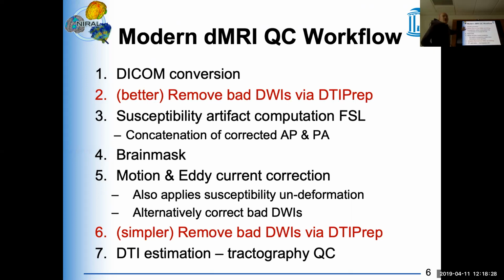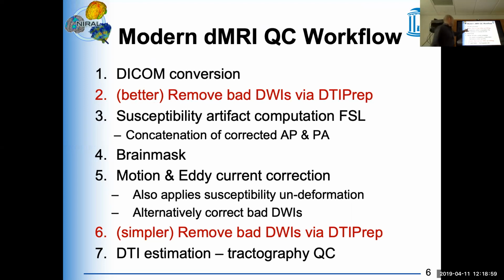Well, first is DICOM conversion. That's always the case, and I'll have a slide on that. And then usually it would be best to first go and throw out the bad stuff. So the best practice would actually be to run DTIPrep, get the stuff that's really bad, and throw it out. So you could run DTIPrep with a more conservative threshold on all these things, so that you say, well, maybe I'm going to interpolate later something with FSL, but only the stuff that's not truly